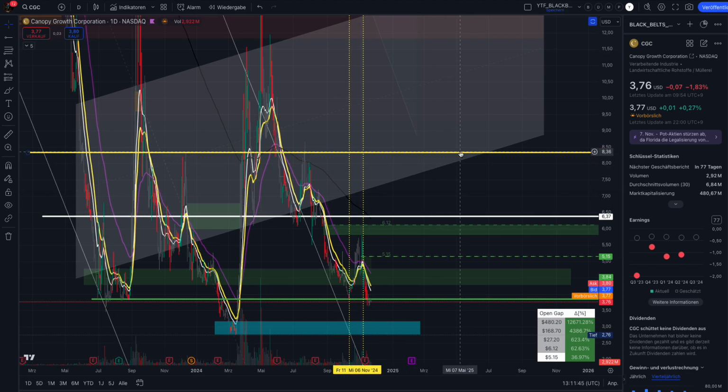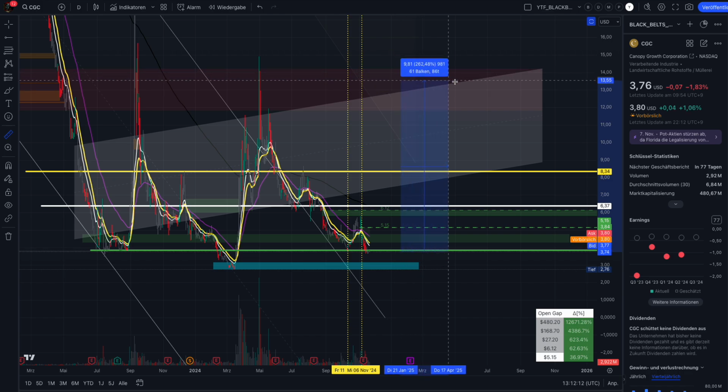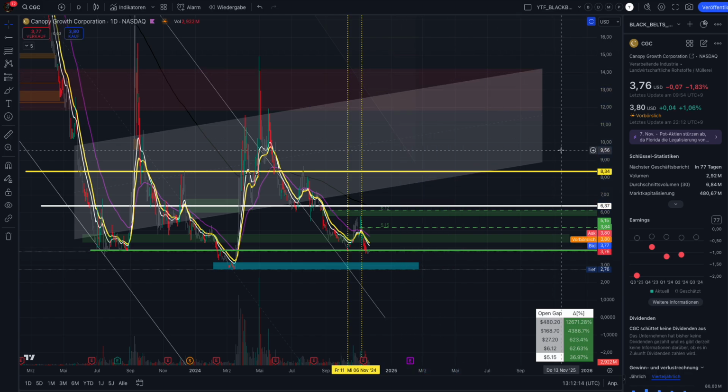If we can squeeze over $8.34, that could lead into a much bigger squeeze. We have here also an upgoing trend channel pattern, and everything over this trend channel pattern is of course just for a very short period of time before the market makers step in. But the squeeze price range is even possible back to $12 or $13 for Canopy Growth in the future, and that would bring us a 240%, almost 300% squeeze, in my opinion, is possible based